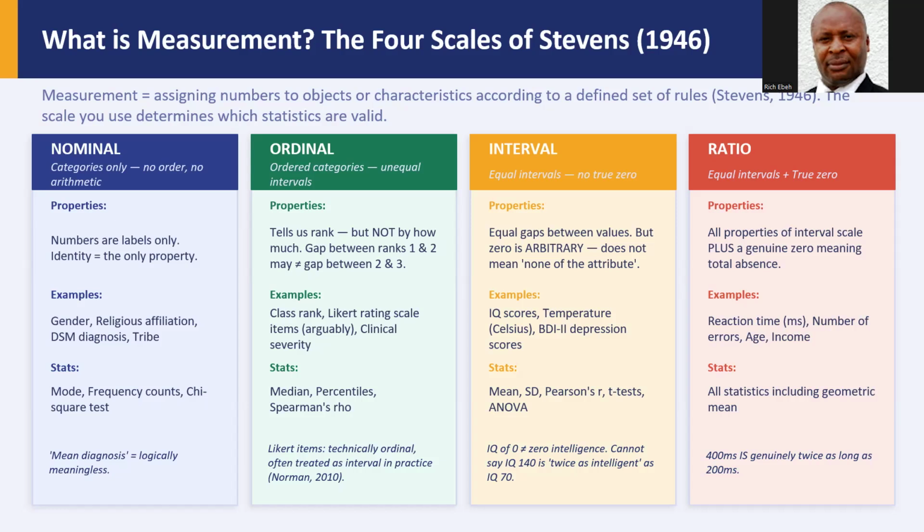Let's look at a simple analogy. Think of measurement like a ruler. A ruler has a defined starting point, equal spaces between the markings, and a clear unit of measurement. Rulers could come in centimeters or inches. Without those rules, two people measuring the same object could arrive at completely different numbers, and neither result could be trusted. So measurement in psychology works the same way.